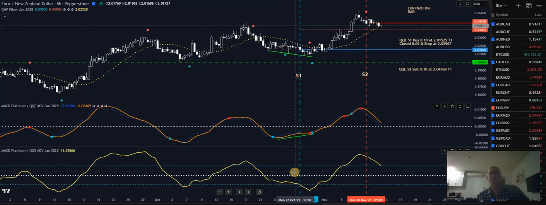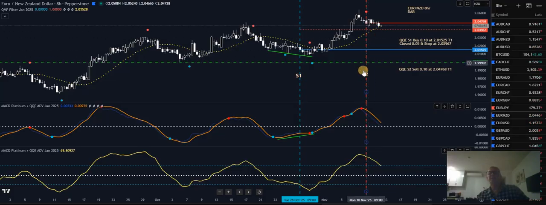And as price went down, the QQE also went down. So as soon as it closed below the 40 level, I just took the buy because that buy signal is still valid. Probably got in at about the same price considering that gap there. So I took the buy, trailing that up, got a stop in place there. Can't lose on that.